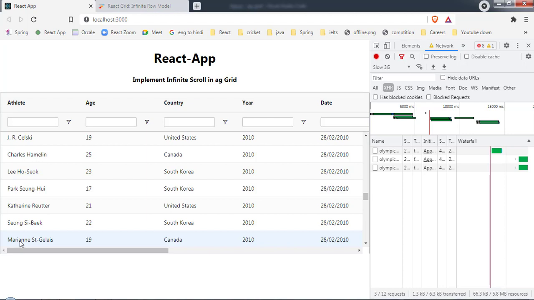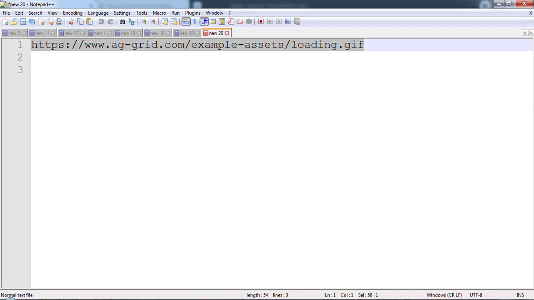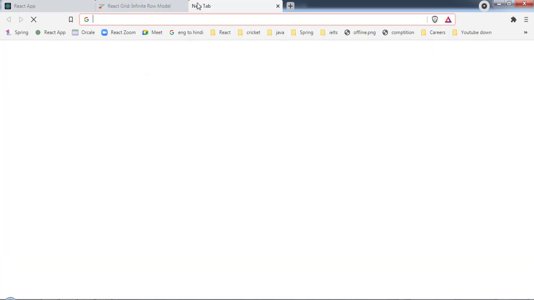Okay, so now what if I want to render a progress bar? For that, I have already copied one link. This is from the AG Grid site only. Let me show you here, and as you can see this is a loading symbol.